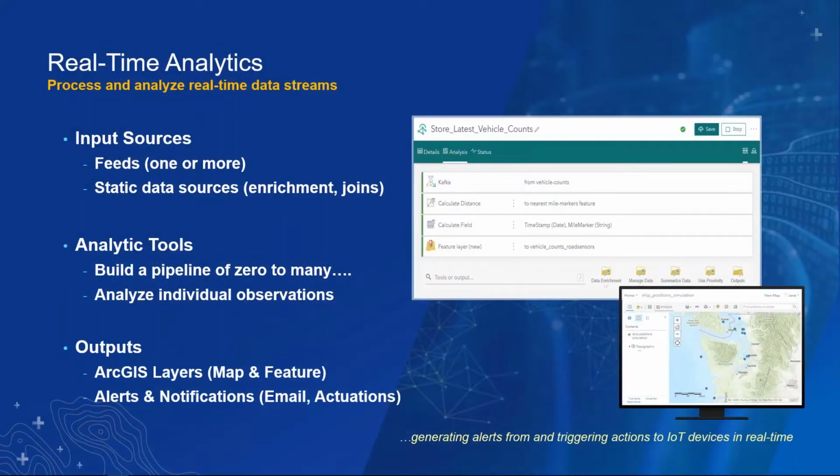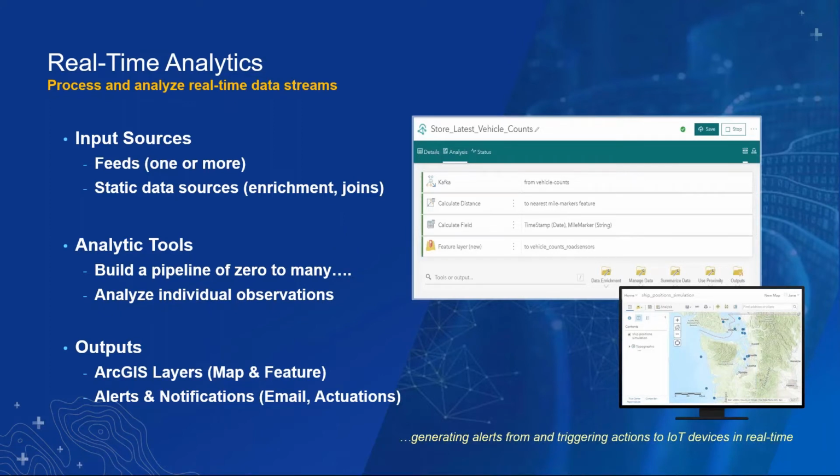So real-time analytics that Matt just showed provide processing horsepower to your IoT sensor workflows. Instead of requiring custom-built applications that need to incorporate complex streaming analytic code bases, really any end user can assemble an end-to-end workflow to detect incidents and capture data. Real-time analytics process each message from a feed continuously as they arrive, and they can leverage static data sources also to serve as geofences or enrichment data, which is what Matt was doing with the optimized routes.